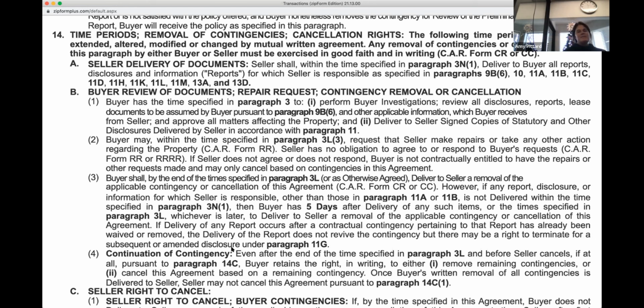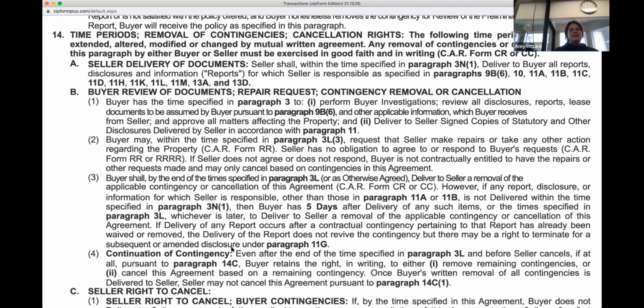Buyer review of documents, repair request, contingency removal, or cancellation. The buyer has the time specified in paragraph 3 to perform buyer investigations, review all disclosures, reports, lease documents to be assumed by the buyer pursuant to paragraph 9B6 and other applicable information which the buyer receives from seller, and approve all matters affecting property, and deliver to seller signed copies of statutory and other disclosures delivered by seller in accordance with paragraph 11. Okay, buyer may within the time specified in paragraph 3L3 request that the seller make repairs